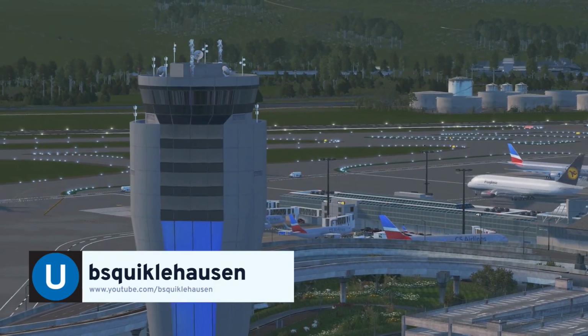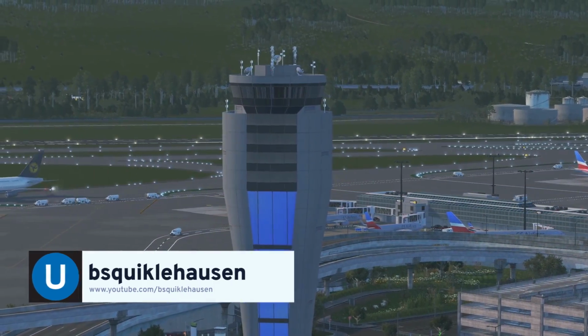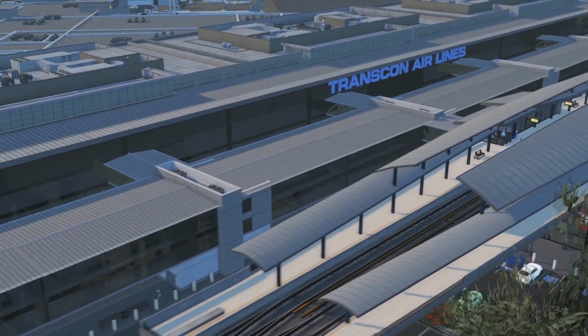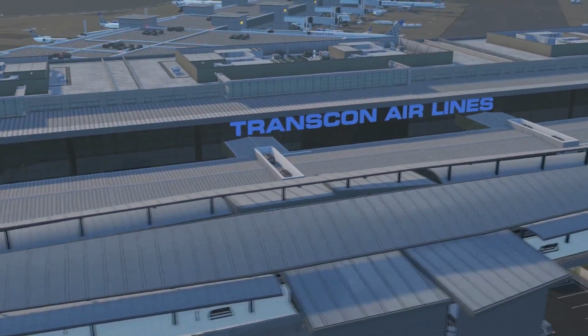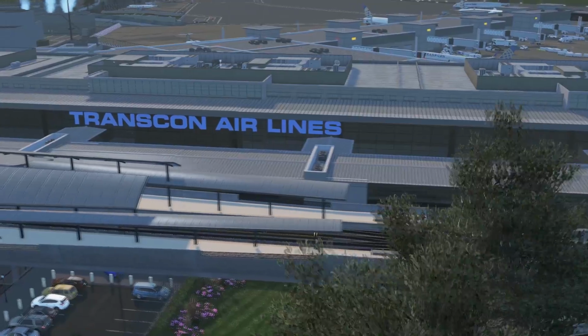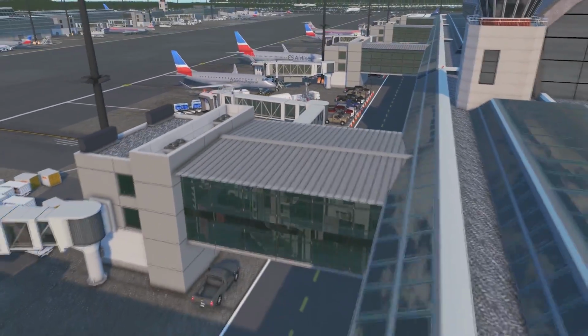I'm back again today thanks to Paradox Interactive with the second tutorial on how to build a realistic airport in City Skylines. If you haven't seen the first one yet, check it out here. That video focused on the air side of the terminal, where the planes go. Today, we're going to be focusing on the land side, which is basically the publicly accessible areas. We're also going to take a look at gates and remote stands, which are where the land and air sides